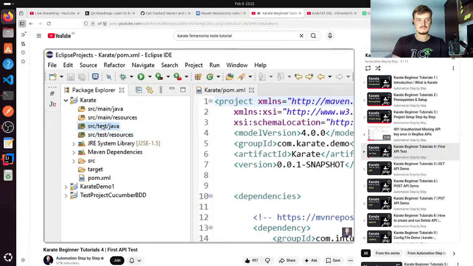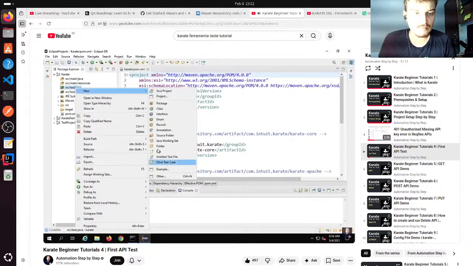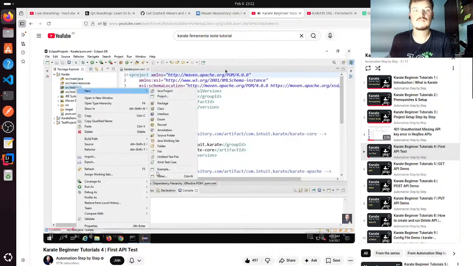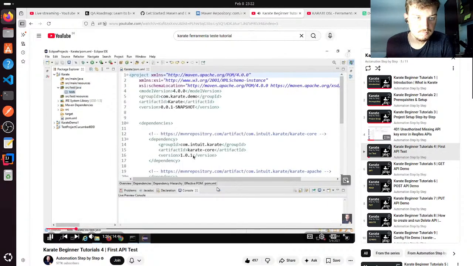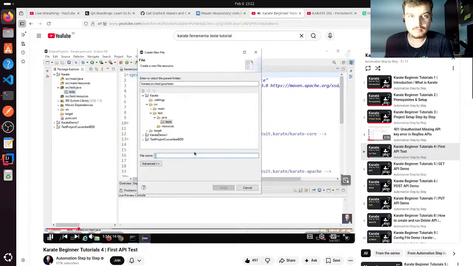So I will go to src/test/java. Now inside this you can do a right click and say New and File, so you can create a new file directly, or you can also create a new folder first. So I will do a right click and say Folder or a package. I will go to Folder and say tests, so I know all my tests are inside this folder, and say Finish. And now inside this tests folder, I will again do a right click, New File, and I will save it as